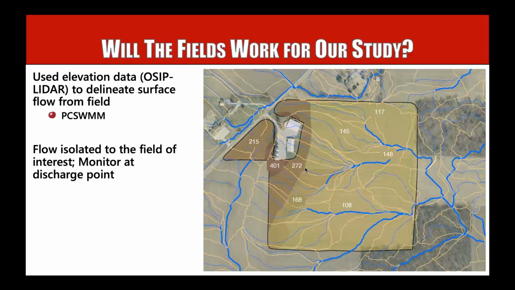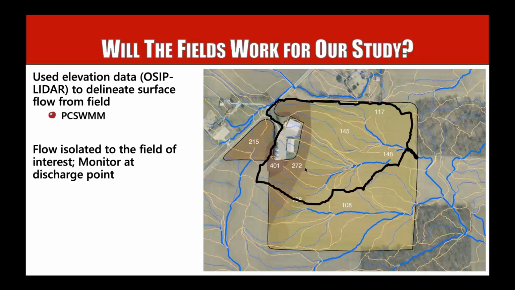Probably the most important of those was how the water ran off that field, and was that field hydrologically isolated. By hydrologically isolated, you can see that there's a black line I drew around this field. That means that no water is flowing into that field from outside, from a neighboring field. So that means it's hydrologically isolated. So everything that we catch to the eastern side of that field there is coming off of that field.